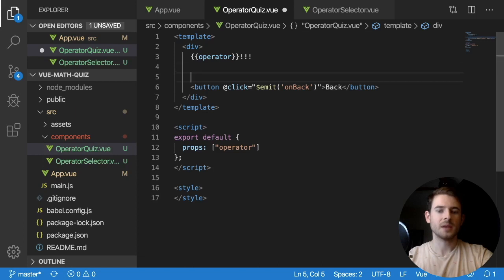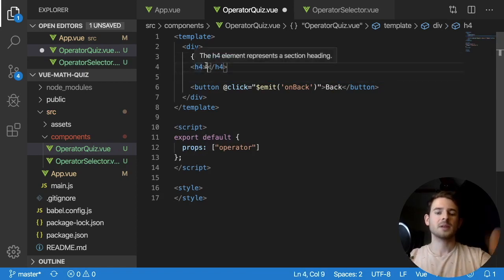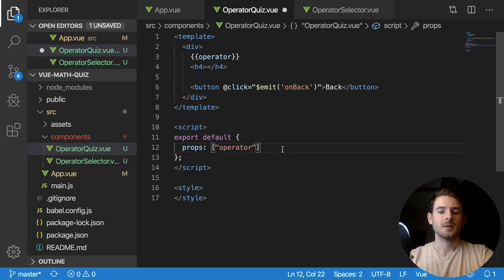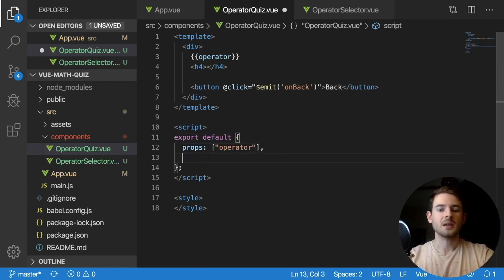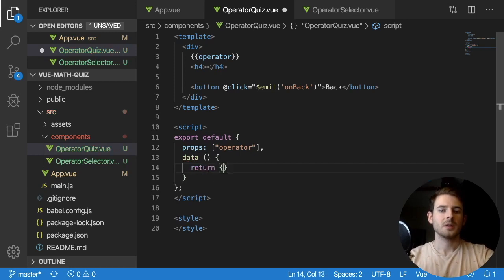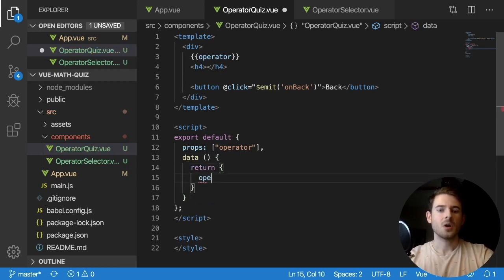So let's just go ahead and do that. We're going to say, let's say H1 and H4. So again, what are we doing? We're trying to just randomly display a math problem for them. So I'm going to make a data, first of all, that is going to return an object that has